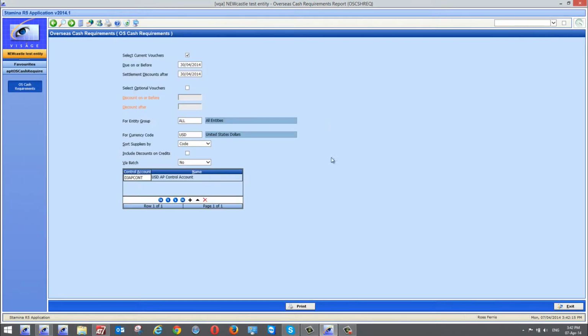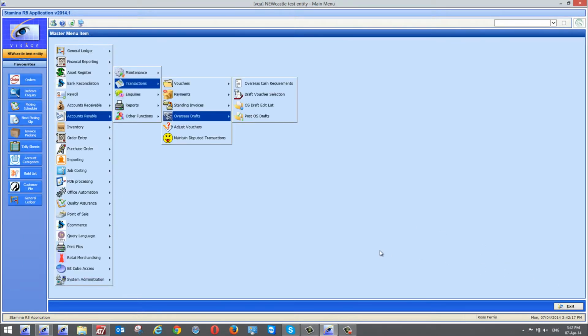So what I will do at this stage is exit from here. Now, if I was actually using the Overseas Cash Requirements Report, which you don't need to use if you don't want to, you can do the same sort of thing with trial balances, or you can do the same sort of thing as what I'm going to do now. I have relatively few overseas suppliers. I know that I have to pay this guy now, in inverted commas, so I could just come straight into